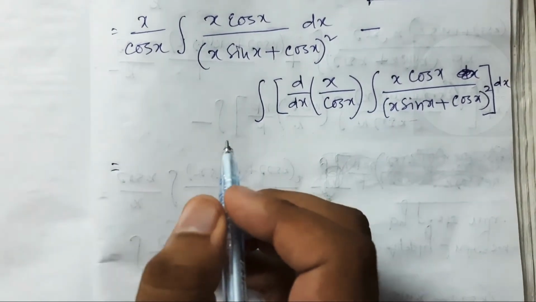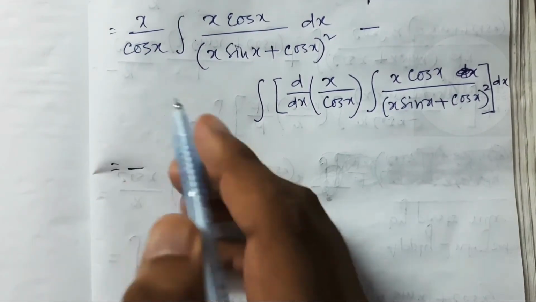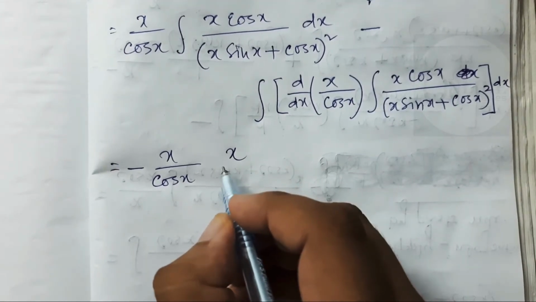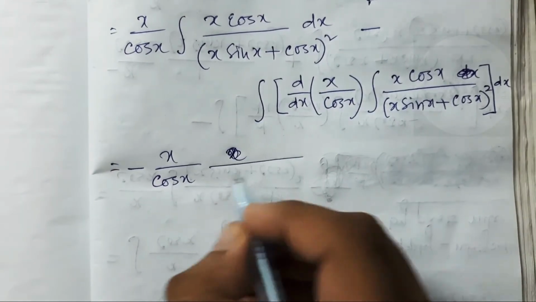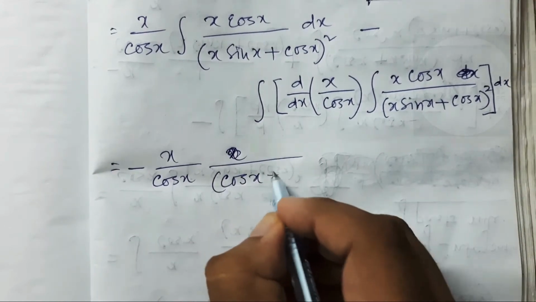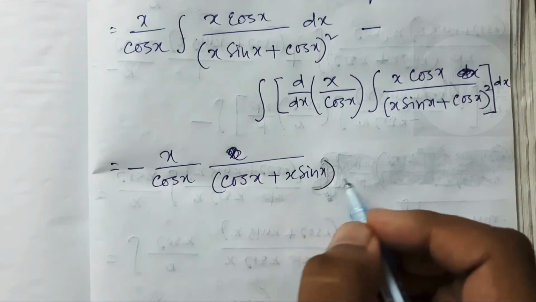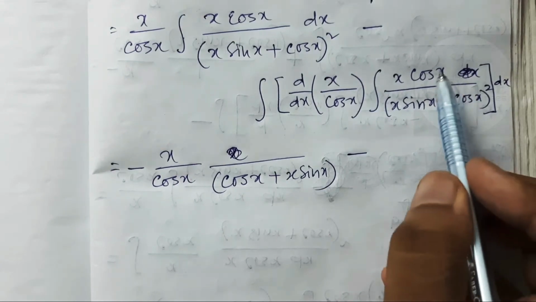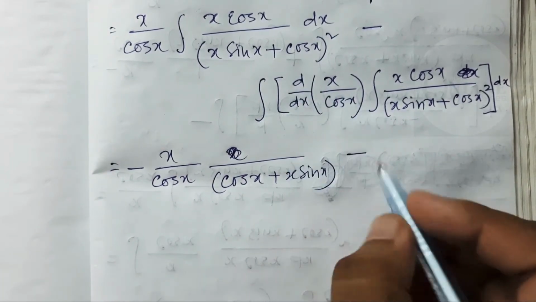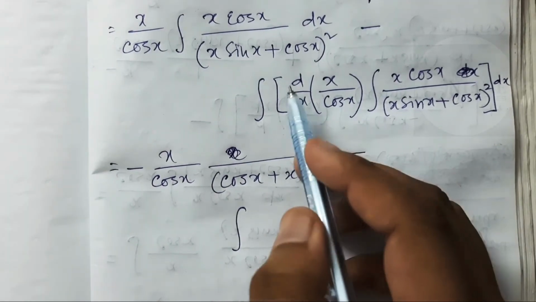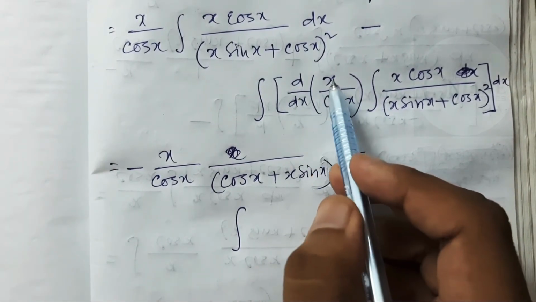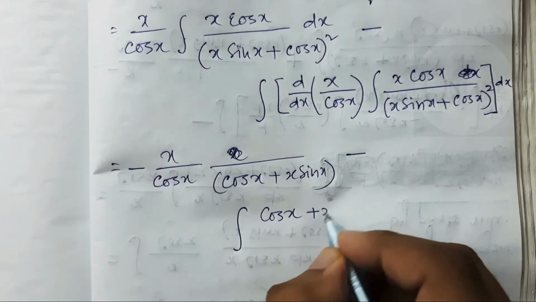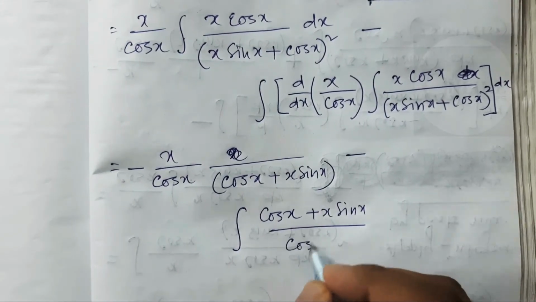So there it was a minus. So minus x cos x by, not x, it is cos x plus x sin x. Okay. And we have a minus here. So first do the differentiation of this function, if you just apply the simple differentiation formula, which is going to be differentiation of u by v formula. So you will get cos x plus x sin x divided by cos square x.